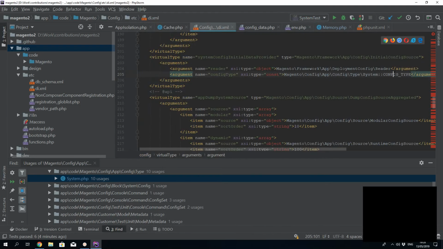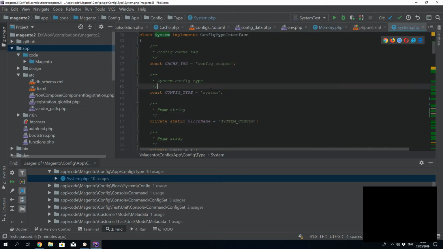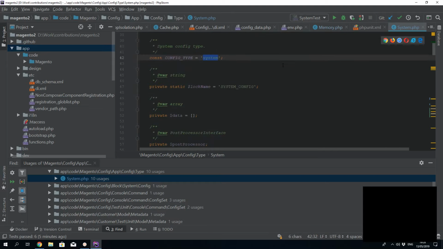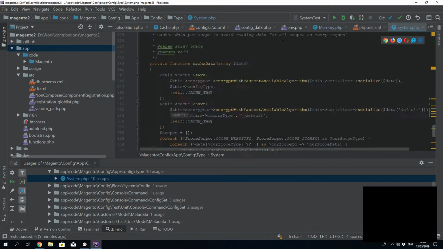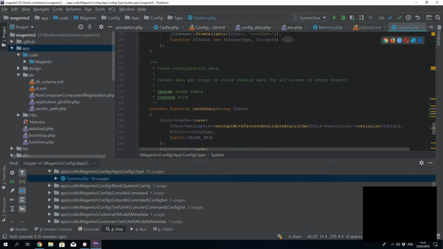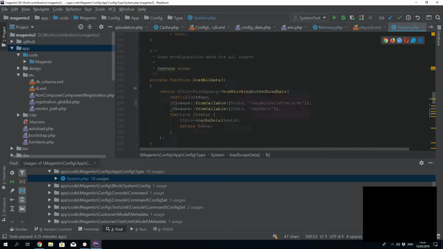Oh, here it is. It's in the same class. Okay, it's just specified there. Okay, the config type is system. So this is the key for a save. So if I just clean this one up,